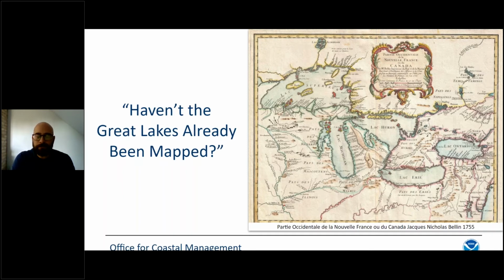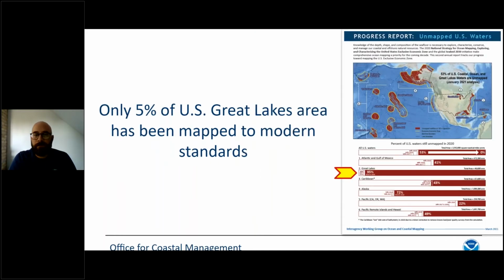And if we go to the next slide, we know, based off of the Interagency Working Group on Ocean and Coastal Mapping, the work that Meredith and others have been putting together and calculating, just how much of each of our regions have been mapped to meet modern mapping standards. And again, when we talk about modern mapping standards, that's one sounding or one point measurement within a 100 meter by 100 meter grid cell. And that data needs to be current. And again, what we mean by current is anything that's been collected from the 1960s to present. And again, what's scary is that we've only got 5% of the Great Lakes region that meets that standard. And if we go to the next slide,